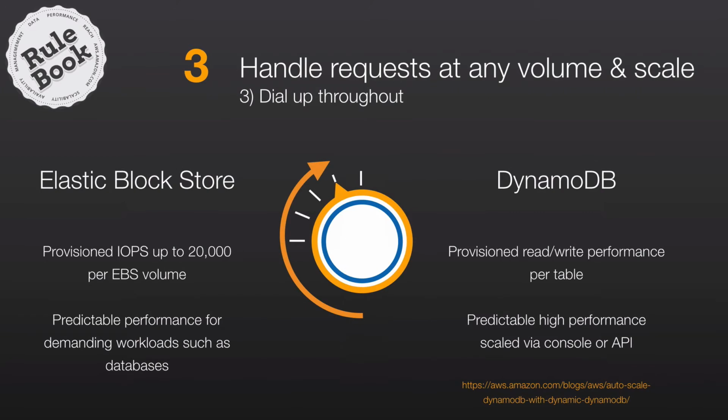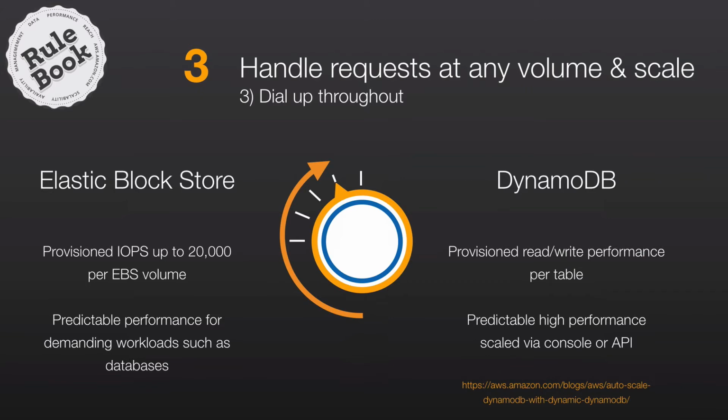There are also several AWS services that allow you to dial in specific levels of throughput. A couple of examples are EBS, the Elastic Block Store. These are persistent block devices, storage devices that you can attach to EC2 instances. They come in 3 different flavors. The magnetic volumes, which use traditional rotational drives and have a maximum capacity of 1 terabyte. And then 2 flavors with a maximum volume capacity of 16 terabytes.